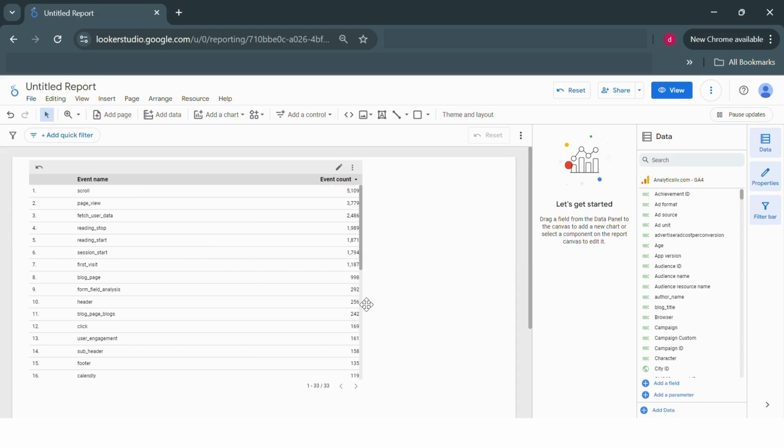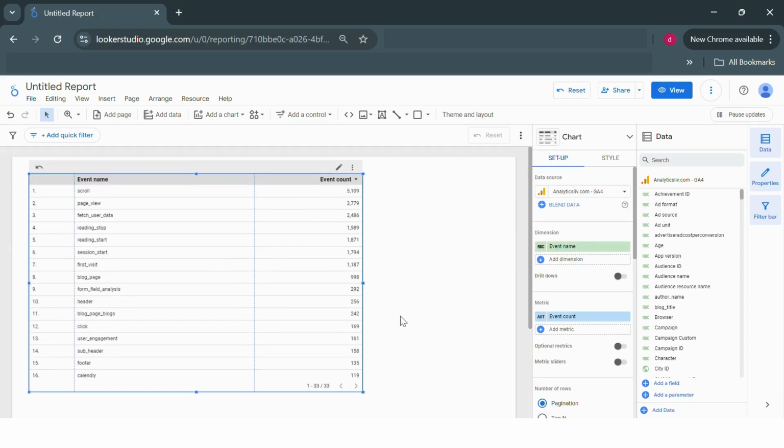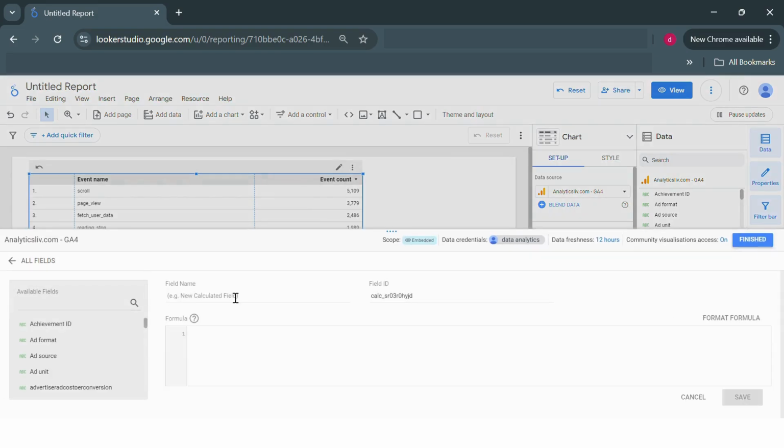So let's quickly jump into an example that is out here. We have event name as our dimension and event count as our metric. Let's create a dimension which will contain the left four characters of the event name. To do that, just click on add a field, add calculated field. Here we will write starting four characters,